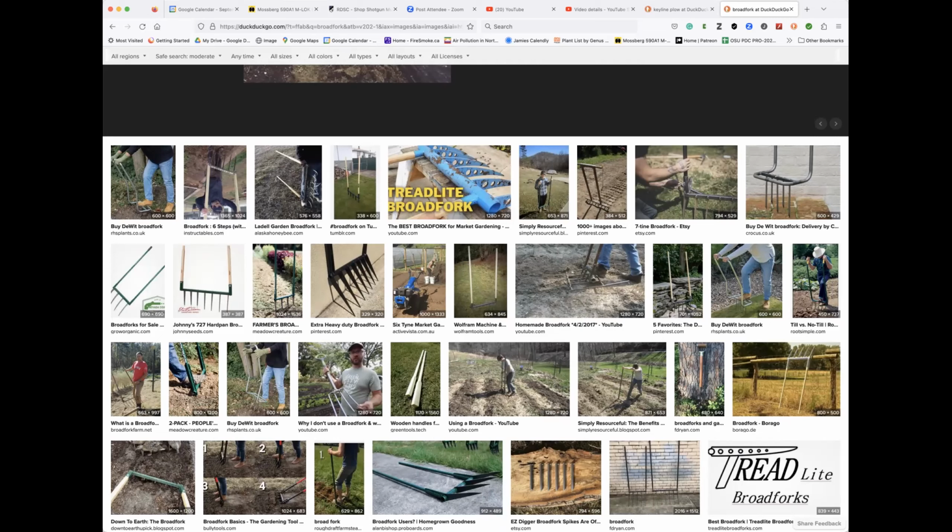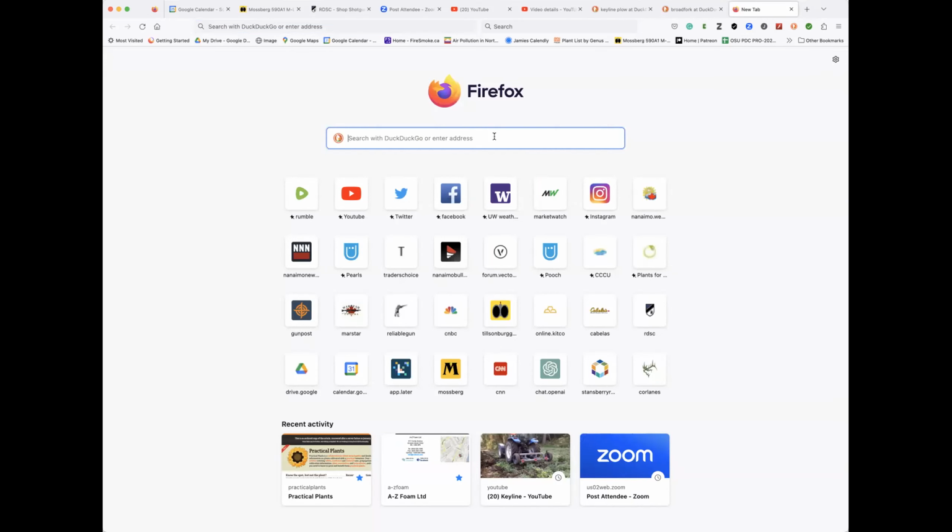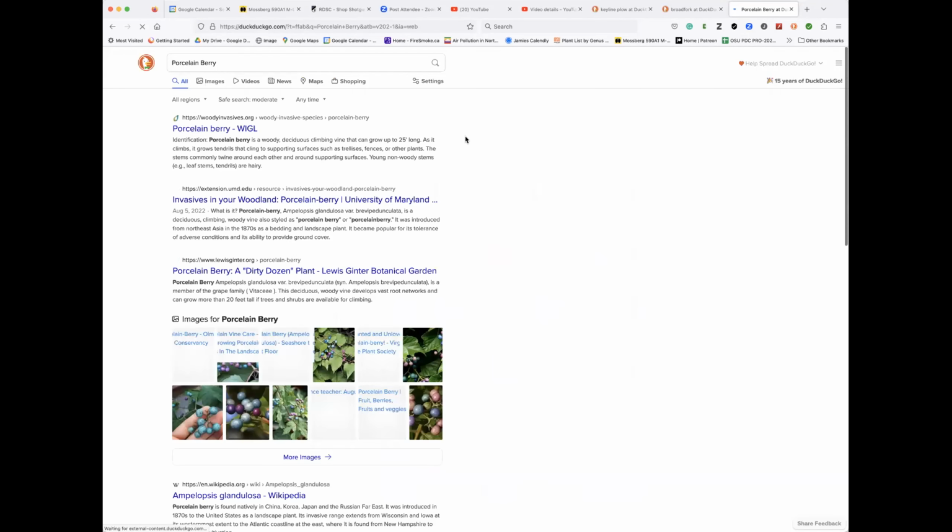We have another question here from Christopher. You have a vine that's growing between fences. You remove it the best you can. It smells horrible. You cannot find any information about it and how to control it. Yeah, I don't know if you can put pictures on your porcelain berry. Well, let's look at what that is. I am not great with my common names, so